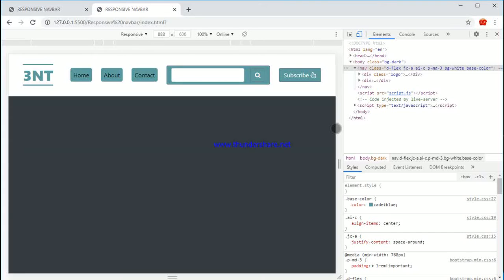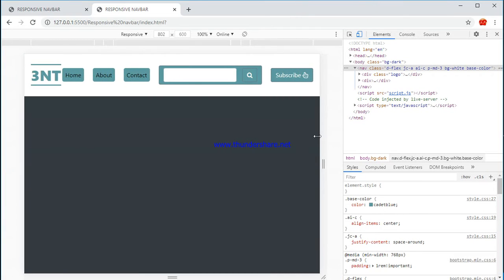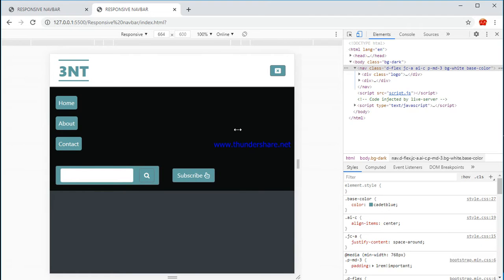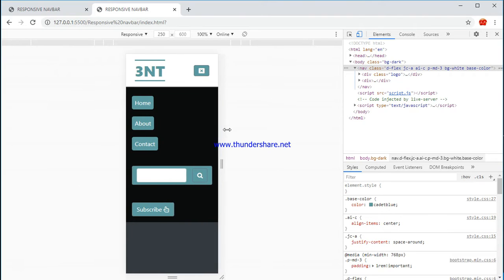This video will be building a responsive navbar. So this is what I mean by being responsive. If you resize the screen to a mobile screen or a mobile size, it's going to